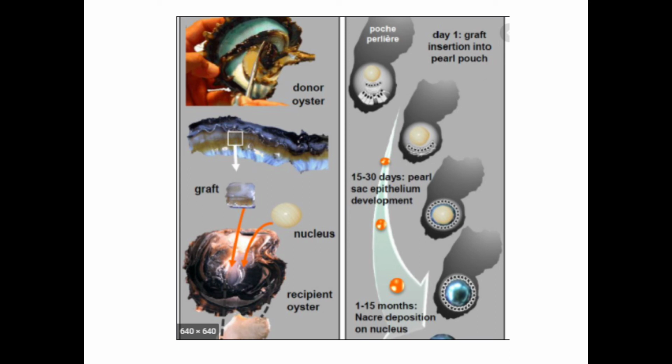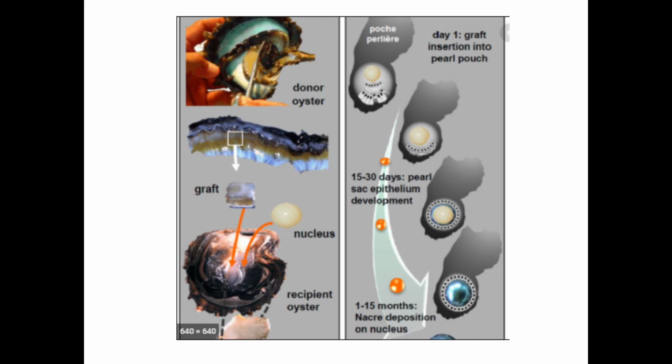Then selection of host. We have to collect graft tissue or mantle from one oyster, as well as some foreign material like shells or something like that. Then we have to transfer this nucleus as well as the graft tissue to a host oyster. It's different from the oyster we sacrificed for collection of graft tissue. Okay, so we will select a healthy oyster as a host with a moderate size for the culturing of pearl.